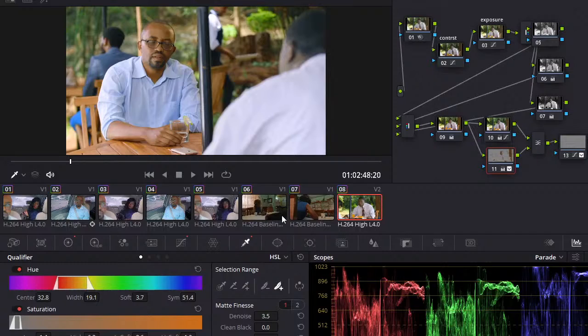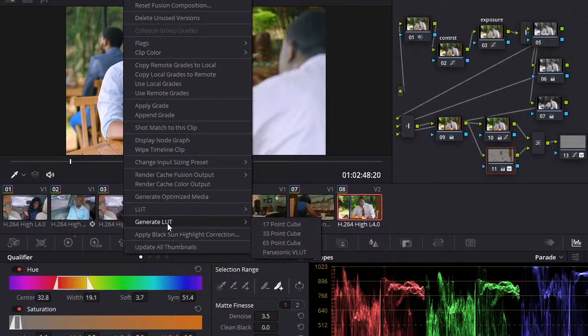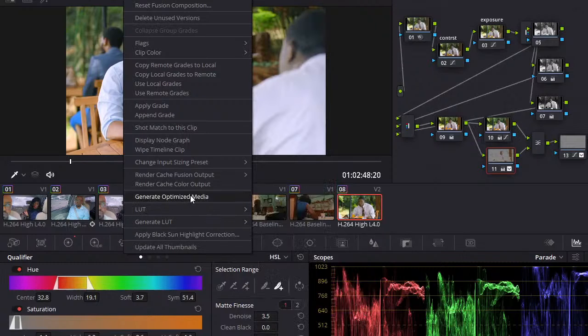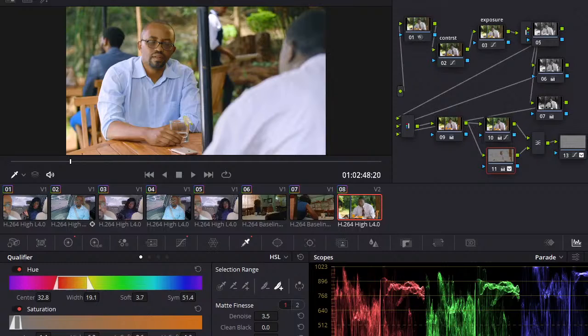Maybe I should generate a LUT and put it down there for you guys to download and maybe try it. Wow, that's amazing. Whoever's going to watch this later on, once I'm done live streaming, if you need access to the LUT, the actual color grade, you can just say.